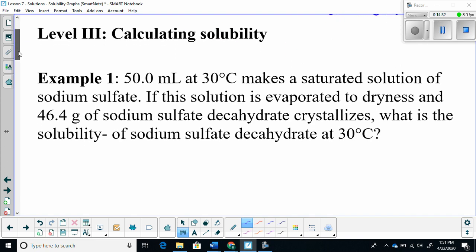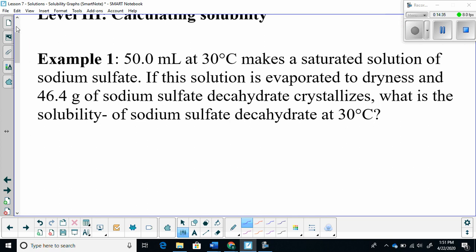Okay, coming down here. We have 50 milliliters at 30 degrees Celsius, making a standard solution of sodium sulfate. If the solution evaporated to dryness and 46 grams of sodium sulfate decahydrate crystals was left, what was the solubility at this temperature at 30 degrees Celsius? So I'm going to set up a ratio. There was 46.4 grams of solute dissolved in 50 milliliters